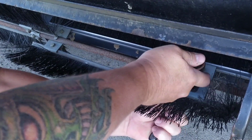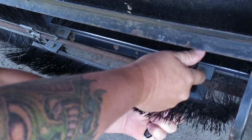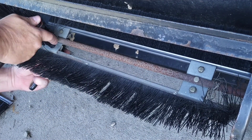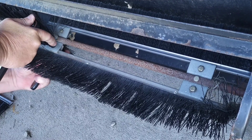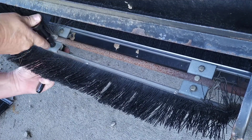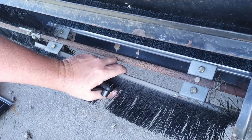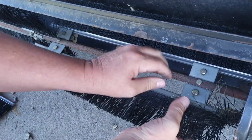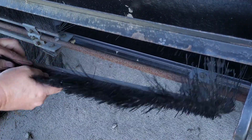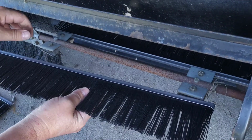In order to remove these brushes, all you really need to do is loosen up these nuts and bolts. The nut and bolt both are 1/2-inch. There is no reason to remove the nut completely. All that is necessary is you loosen the clamp. And now that I've finally loosened the clamp up enough to get the brush out, we need to install the